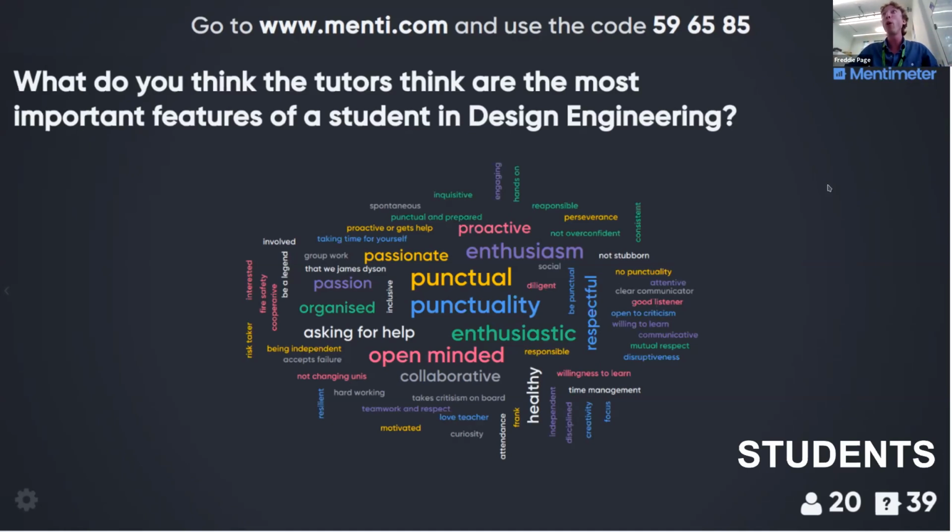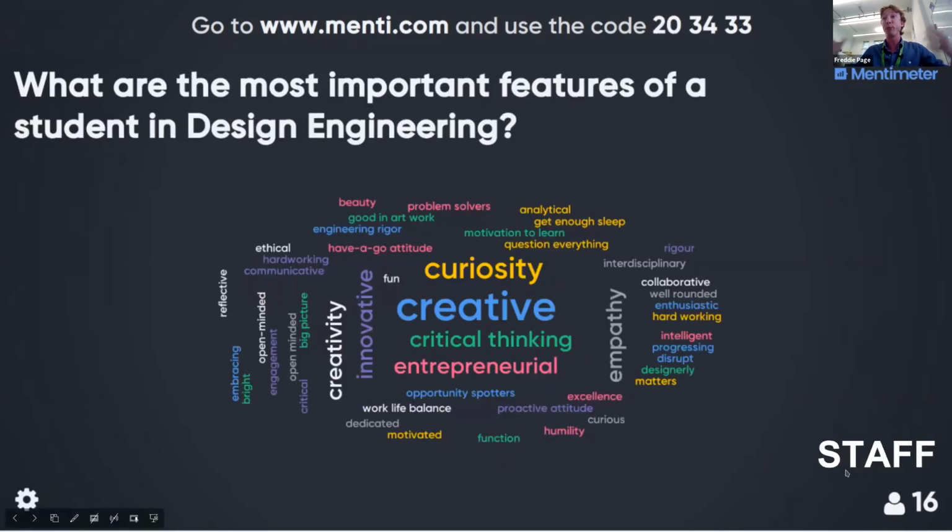But we also were able to show them what our staff said, because I asked this question to our faculty in the department, as to what they thought the features were. And for me, it was interesting that this was a lot closer to what the students thought of themselves than what they thought the tutors would think. So, things like creativity and curiosity. There's a few small things like being bright and being intelligent, but for me, I was really pleased to see